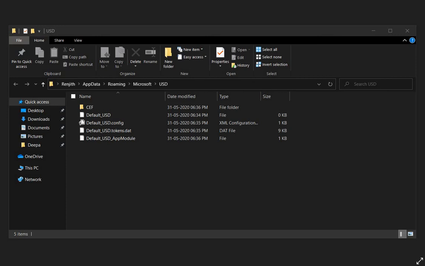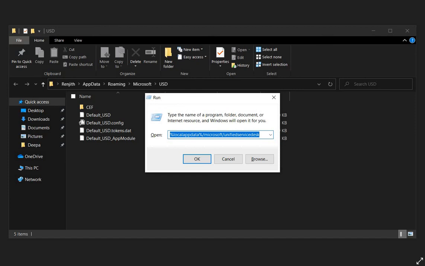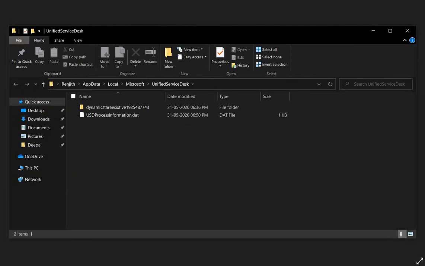If the above two are followed and you are still facing this issue in the lower environments, similar to how I deleted this folder, there is one more folder that Microsoft recommends deleting. As I mentioned, deleting the first folder helped one of the users but didn't help the other, so the possibility is that the other folder Microsoft suggested might be the cause. That is this folder: local app data, Microsoft Unified Service Desk, which is another local folder that stores this information. We may have to go there and delete this folder as well.